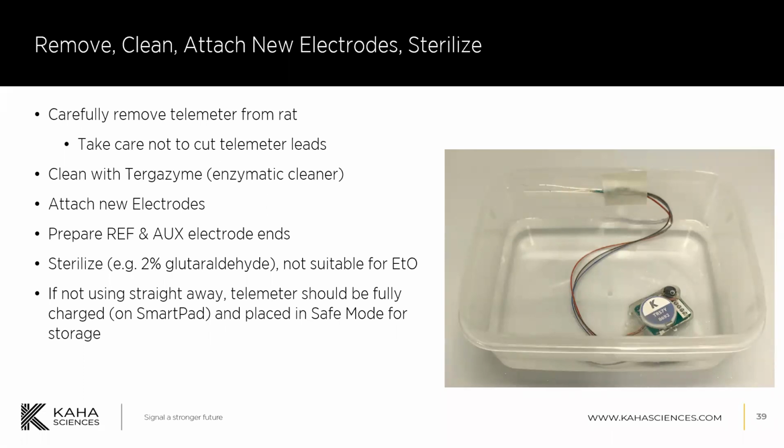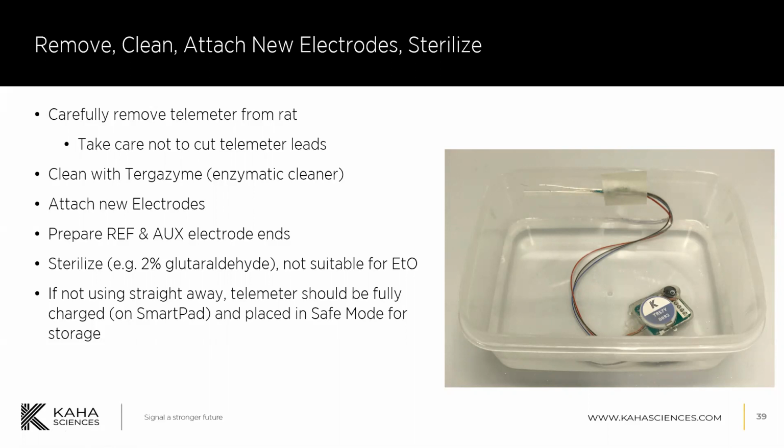All of our other Kaha telemeters are suitable for ethylene oxide sterilization, but the carbon paste electrode of the tissue oxygen telemeter is not suitable for ETO. So most of our users use a 2% glutaraldehyde solution to perform that sterilization. You can see here, this is an older telemeter with a different casing, but you can see that the electrodes are taped to the side of the container to keep them out of the glutaraldehyde solution. The telemeter and wires are soaked for at least 4 hours, or often overnight, before being rinsed with sterile saline